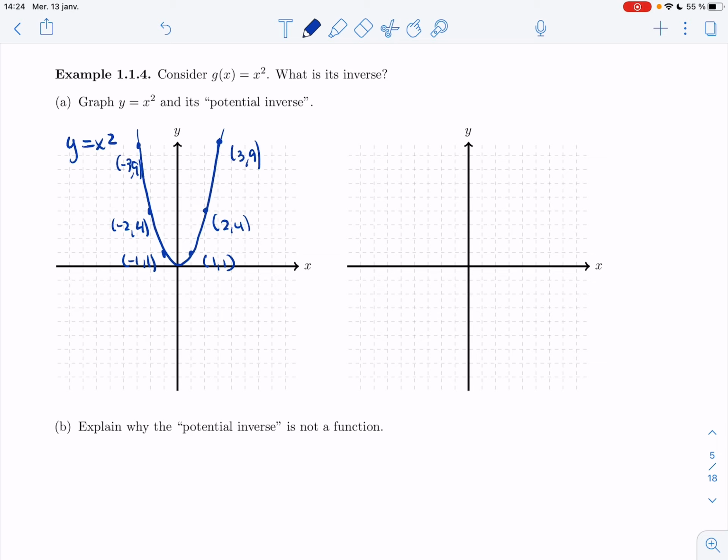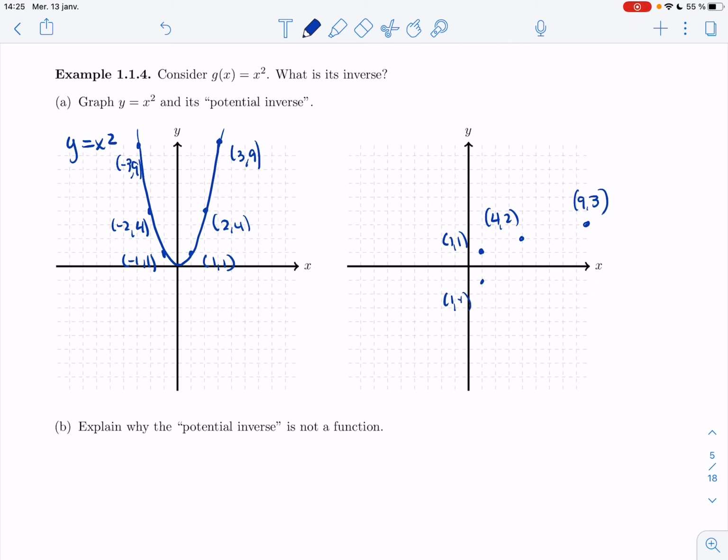All right, so we learned that you have to flip it across y equals x, or you could switch the order of x and y. So let me switch the order. I find that sometimes it is easier to see if you've put a few points. So 2, 4 becomes 4, 2, 3, 9 becomes 9, 3, and then I have